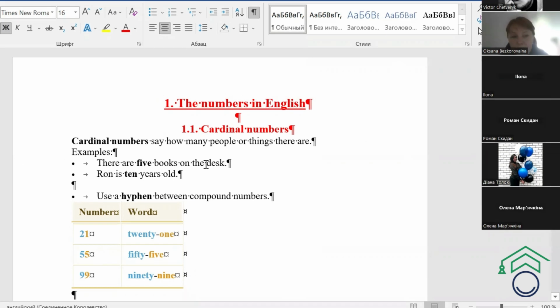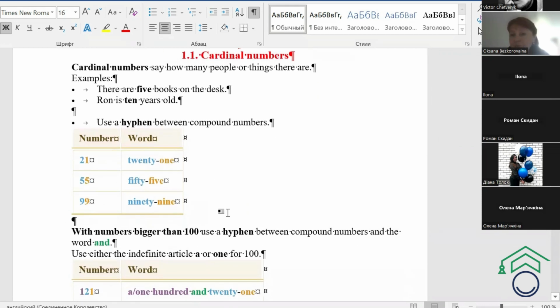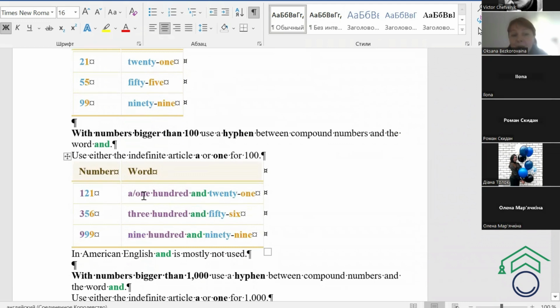You know how we pronounce them, I think there are no problems with the pronunciation. The only thing I'd like to pay attention to is when we use a hyphen. This is a hyphen. We use it when we pronounce compound numbers, for example, 21, 25, 90, 99. With numbers bigger than 100, we use a hyphen between compound numbers and the word and. For example, 100, we can say one hundred or